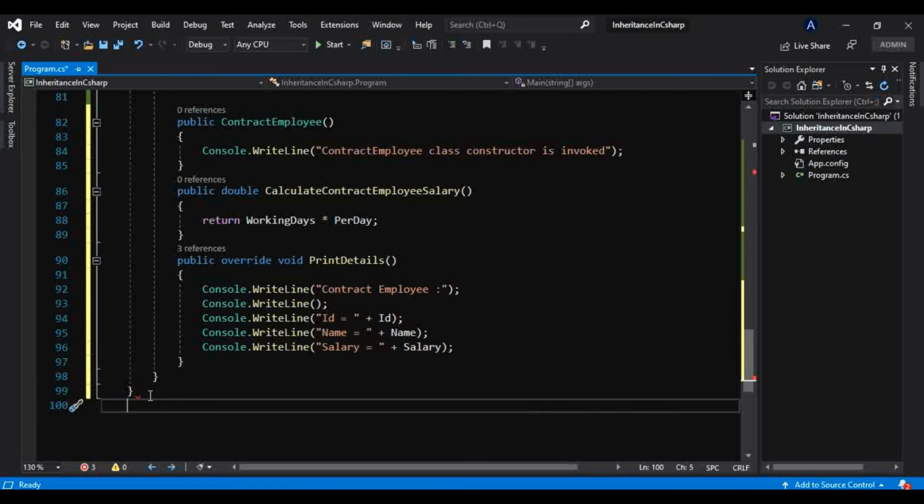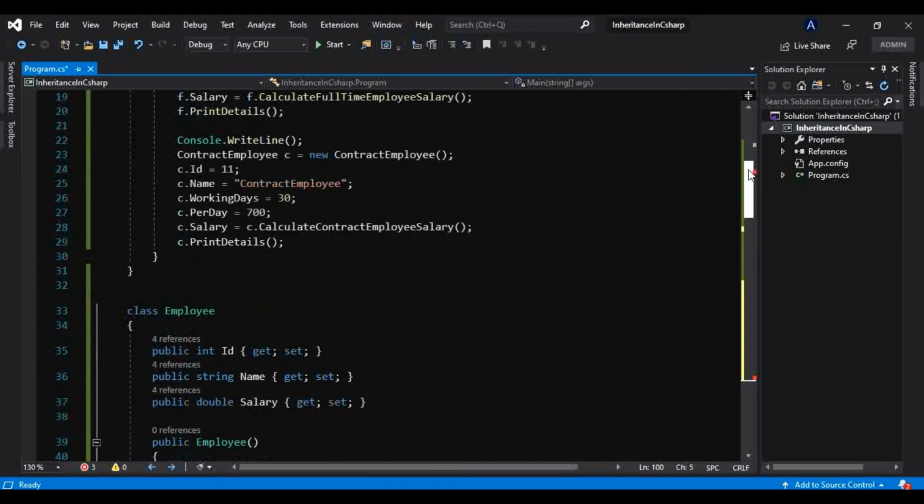Again, don't worry. We will see in great detail what overriding is and what the difference is between overriding and overloading, as well as the method hiding concept in C#. We will see that in our later videos.